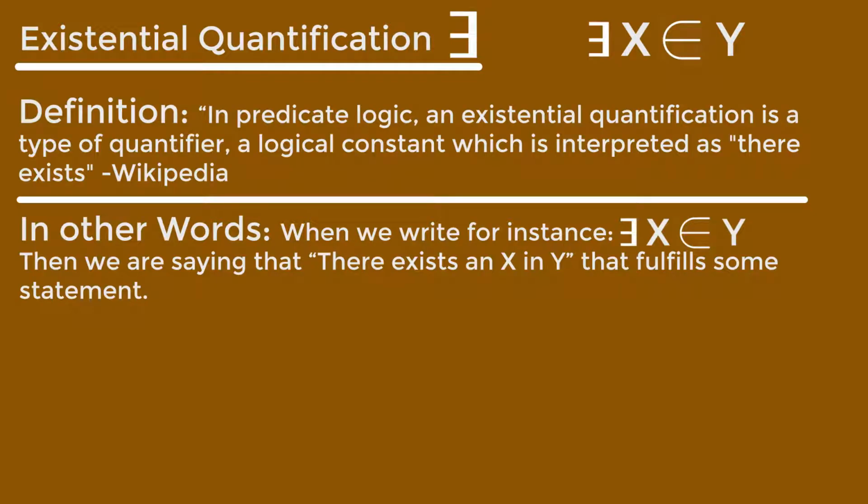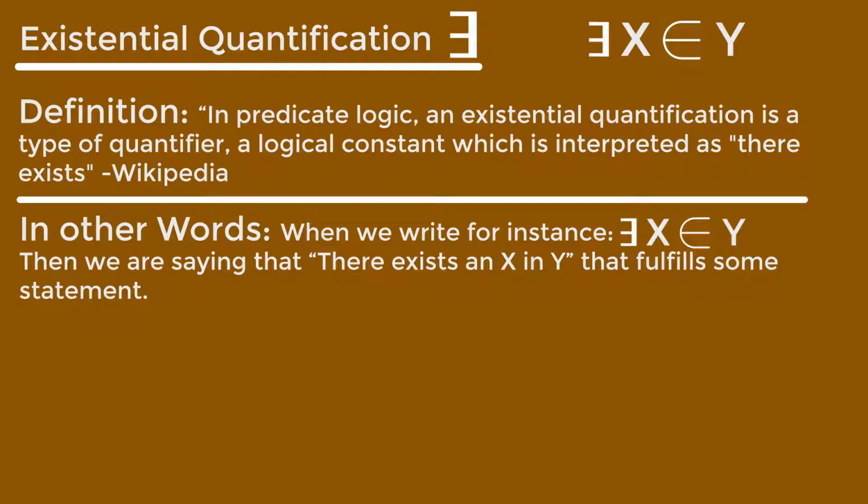Now we're going to talk about the existential quantification operator. The definition is, in predicate logic, an existential quantification is a type of quantifier, a logical constant, which is represented as there exists. In other words, when we write down that there exists an x in y, then we are saying that there is an element in y that fulfills a certain statement. So if we say that there exists an x in y, so that x divided by 3 equals 1, that means that there is an element in the collection or set y that when divided by 3 will give the